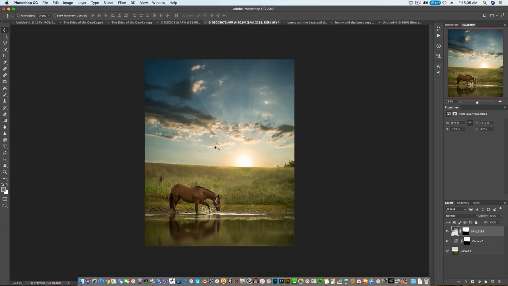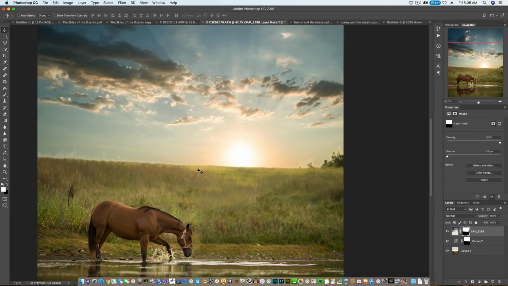Alright, so that's helped quite a bit. You can still see it looks a little bit stranger. So if we click the layer mask, zoom in here a little bit, grab my brush tool by pressing B, make sure you have black selected, which I don't. If you press X, it inverts that. So we'll go ahead and paint onto this mask